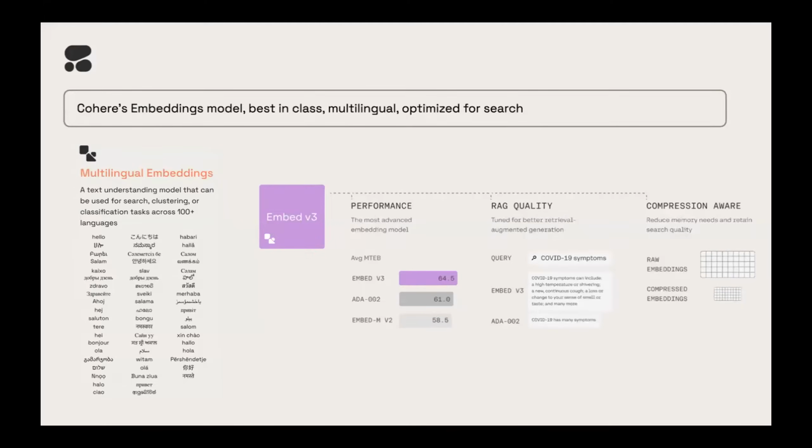It's a multilingual embeddings model. Works on over 100 languages, super high performance, but it's specifically optimized for RAG. Some of the failure points of RAG systems is when the retriever doesn't give you the right results. And this embedding system is not optimized just for search, but also specifically for retrieval-augmented generation search,